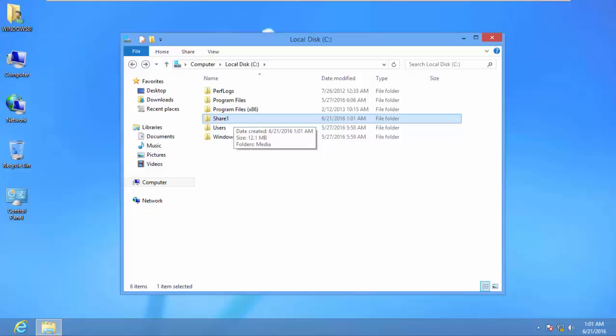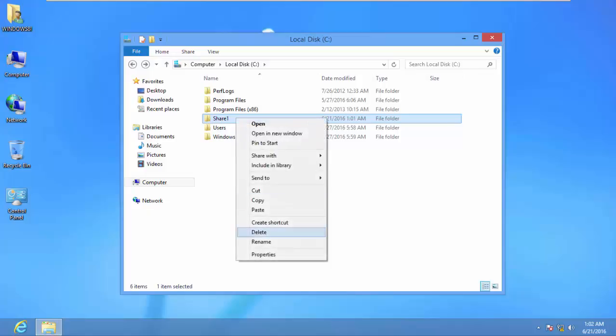Okay, so the next thing I'm going to do here is to share this folder, and we have 3 ways that you can perform sharing on Windows 8. You can either perform sharing using the public folder, or you can perform sharing using the basic approach or the advanced sharing approach. So what we're going to do here is to use the advanced sharing approach to share this folder over our network. So I'll right click on this folder and go to properties,